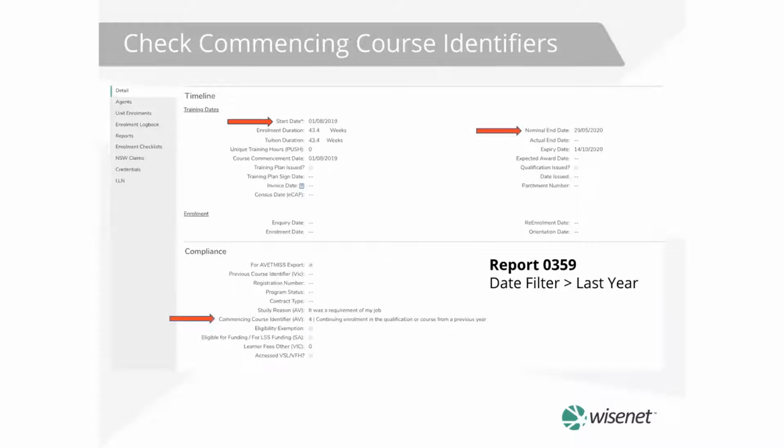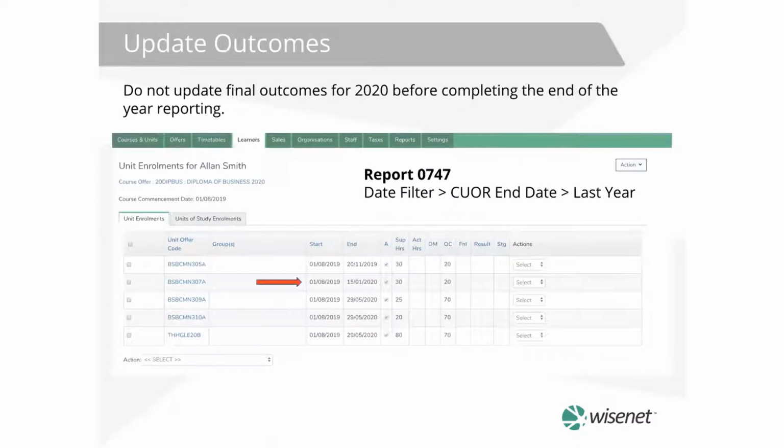Now, with your outcomes, what we recommend is you do not update final outcomes for 2020 before you complete the NCVER reporting. So I've given you an example here. For a student who started a unit last year, or even in 2018, and who ended in 2019, you can update the final outcome. But for a student who started the unit last year and who's ended it, let's say